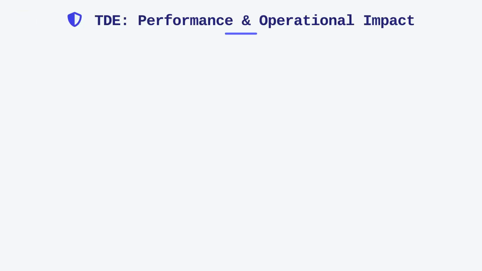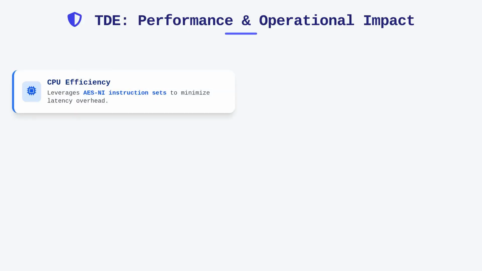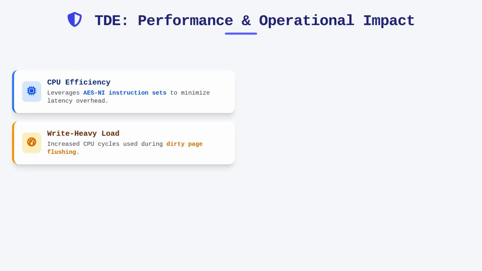While the performance impact of TDE is often overstated, you must consider the subtle costs associated with cryptographic operations on your CPU and memory. Encryption and decryption routines utilize the AES-NI instruction sets on modern processors, which significantly reduces the latency overhead introduced by the storage engine. However, you might observe a modest increase in CPU utilization, particularly in write-heavy workloads, as the system consumes cycles to process the encryption of dirty pages before they are flushed to the disk.